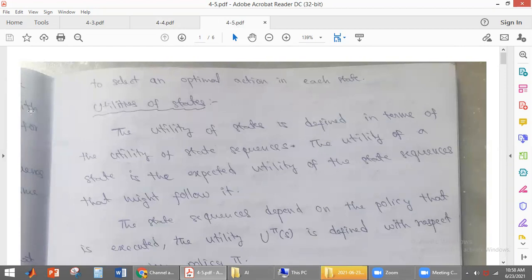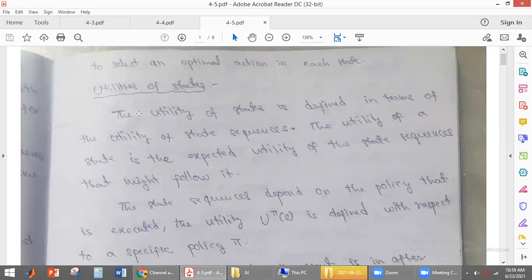Now you know what action the agent has to do. The agent has to take the action based on the expected utility. Whichever state has the highest utility, that particular state will be preferred, yes or no? So the agent always takes the action such that it goes to the state having the maximum expected value. So the optimal action depends upon the utility. The state having the highest utility will be considered by performing the action.